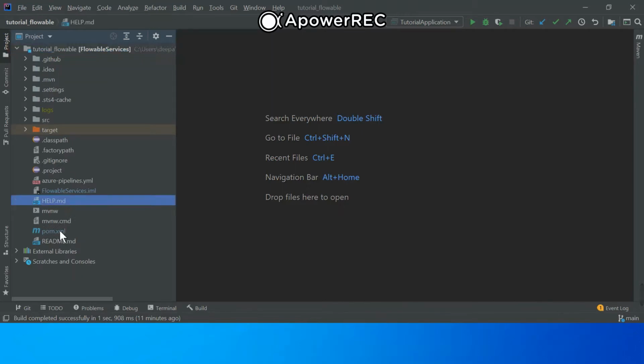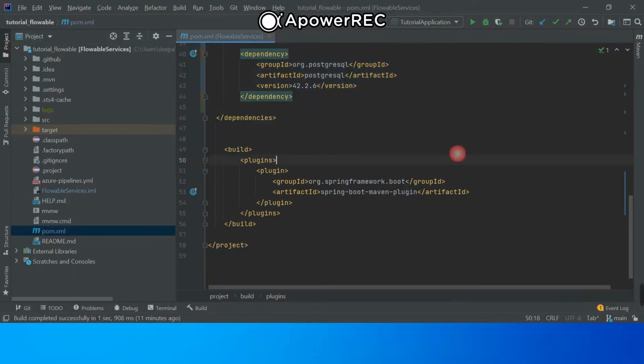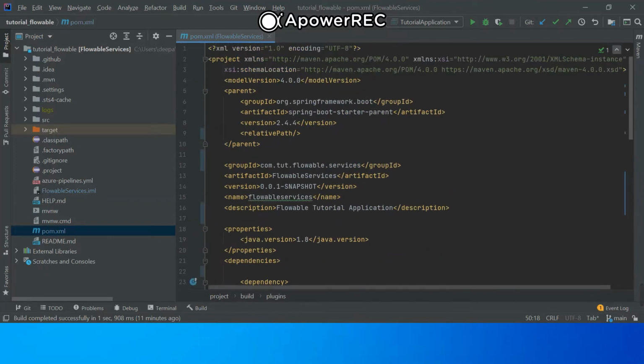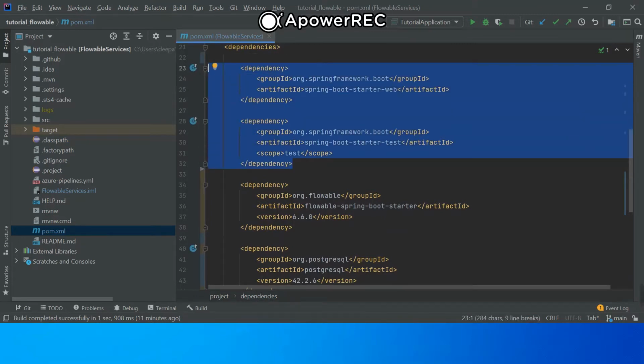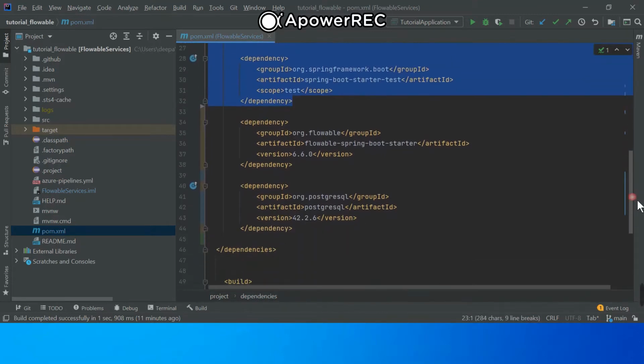So let's understand what is required in the pom.xml. We have the Spring Boot starter parent with version 2.4.4, and the Java JDK we are using is 1.8. If we see the dependencies, these are very few, and these two are already the Spring Boot starters. But for Flowable, we need one dependency, the Flowable Spring Boot starter from the group ID org.flowable, as it is from the community version.